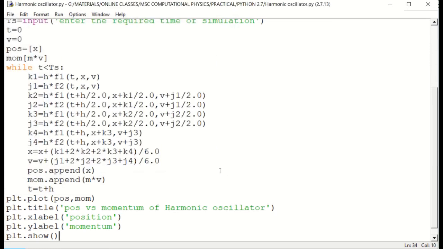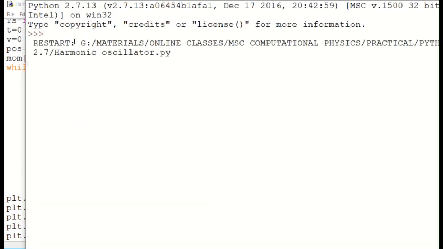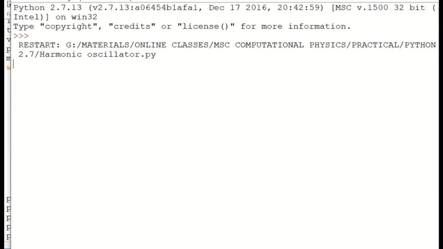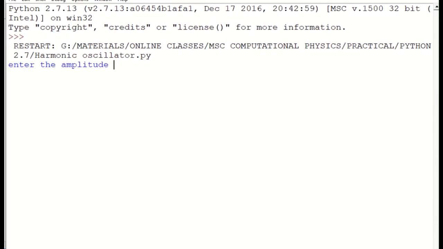Okay, we do save that. Now we are going to run. So let's wait for some time so that our numpy and matplotlib is imported.